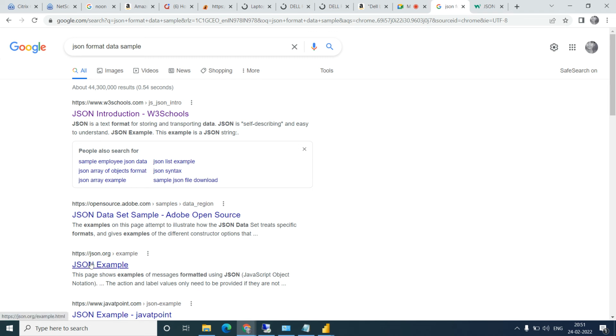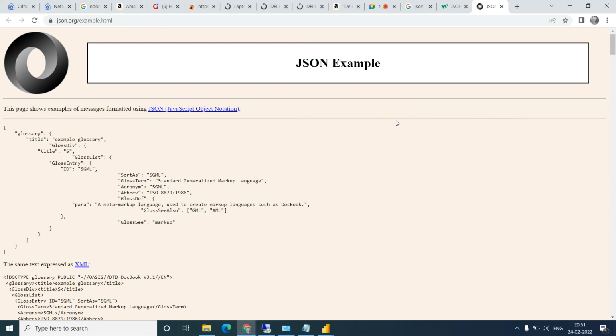Let me open some example. Mostly mobile APIs, mobile technology and web technology use JSON data. Whatever you see on your mobile, suppose you open the WhatsApp list, they get the list as JSON format, consume it, and then display it. Every programmer knows what JSON and XML are, if you have already worked on coding.